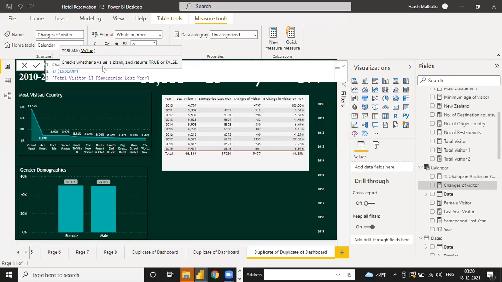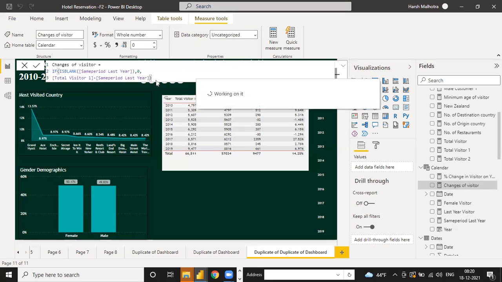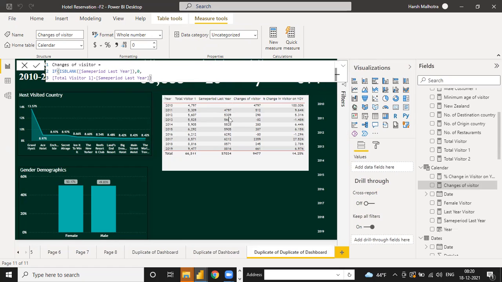If is blank, the value is same period of last year. If the blank value is this one, the result if true, 0, and then result if false, this, just enter. Maybe it's correct or not, just a minute, checking it.